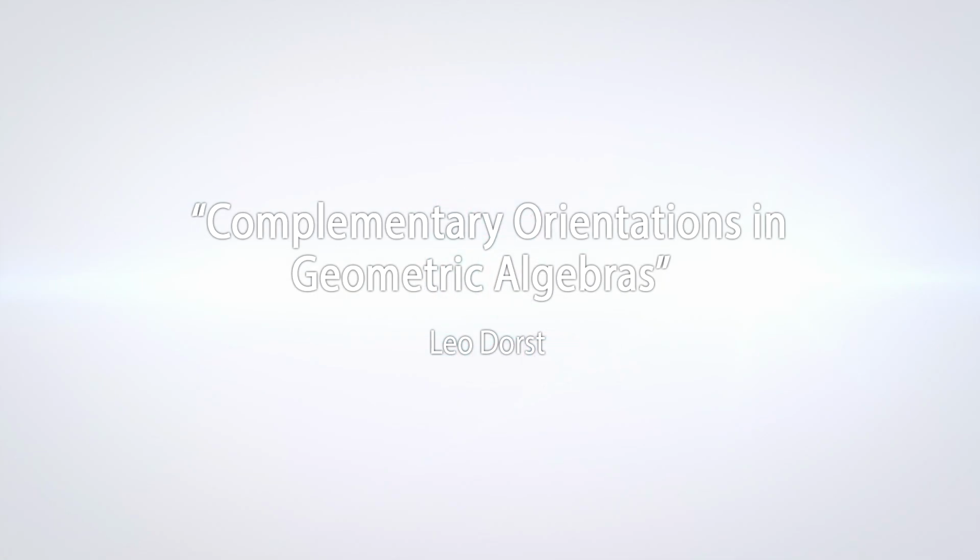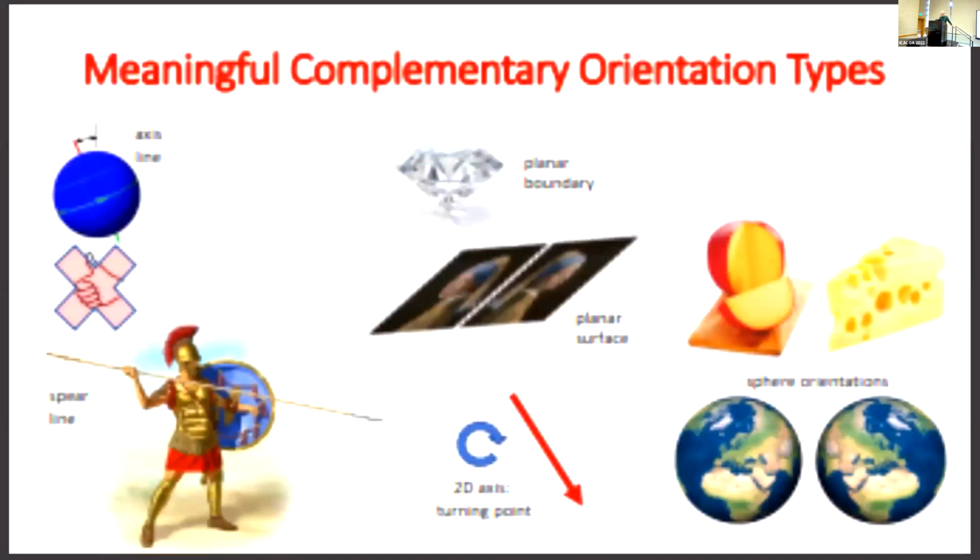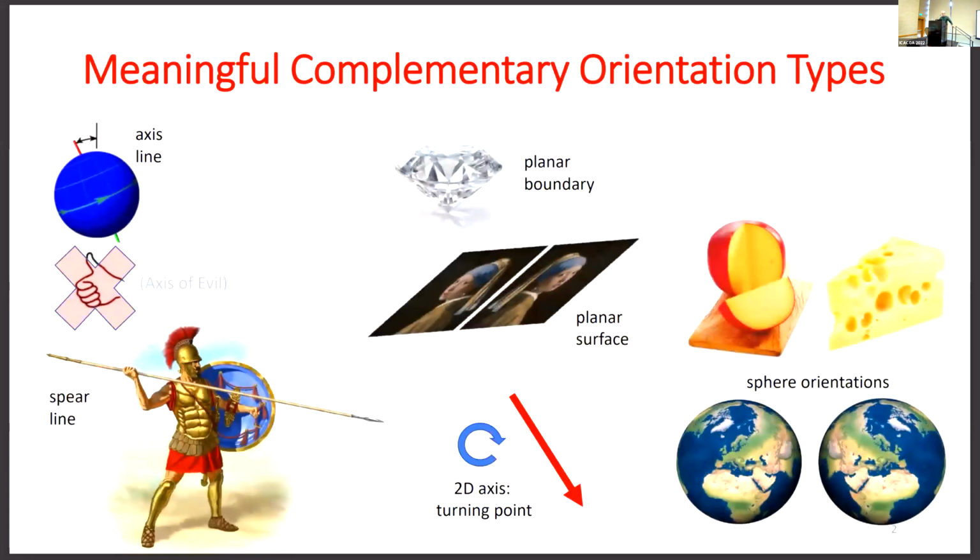So I wanted to talk about something that I found recently that I hadn't realized, but has been hiding in plain sight all along. It's about meaningful complementary orientation types in geometric algebra. So we've seen this morning when I talked about the classical mechanics that if you have a line in 3D,